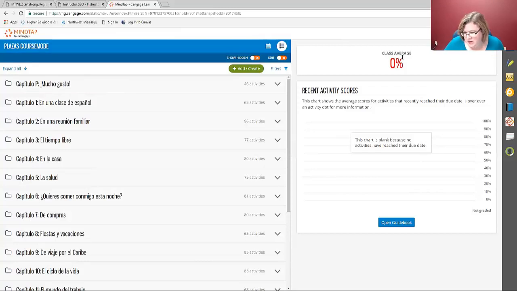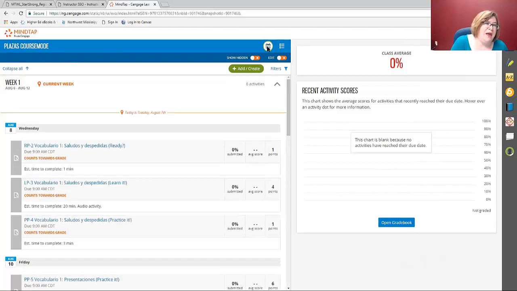So when we start talking about assigning activities, that's when we need to talk about this side. Looking at this side, it has two ways of looking at the screen: the outline view, which is what we're currently using, and the calendar view or the week view. If you go to the week view, this is actually how it defaults in the student view. And anytime you hit the calendar view or the week view, it only shows activities that currently have a due date.